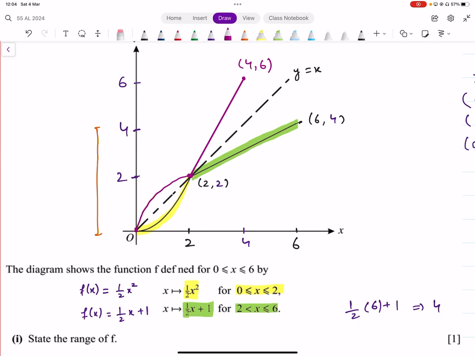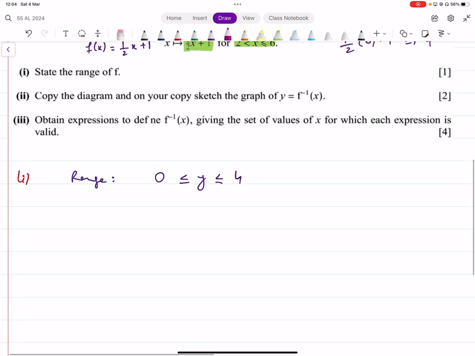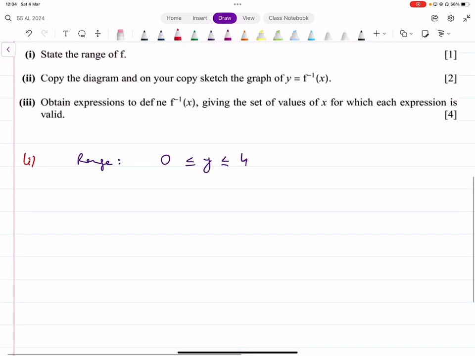ये आपका इन्वर्स का ग्राफ हो जाएगा. मेक सेंस? आपने बस y equals x में रिफ्लेक्ट कर दिया, कुछ पॉइंट्स मार्क कर लिए, जो पॉइंट्स आपको नजर आ रहे थे वो आपने मार्क कर लिए वहां पे, उनको इंटरचेंज कर दिया बस. ठीक है? एनी प्रॉब्लम विद दिस? नाउ द सेकंड पार्ट सेज obtain expressions to define f inverse of x